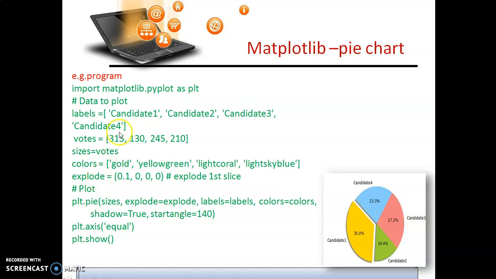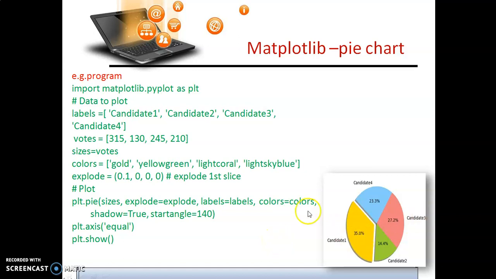Now how many elements have I taken? 1, 2, 3, 4. Let me check again with the other list. 1, 2, 3, 4. So 4 elements are there. Now friends, 0.1 means that slice number 1 should be taken out from the pie chart, slightly outwards.